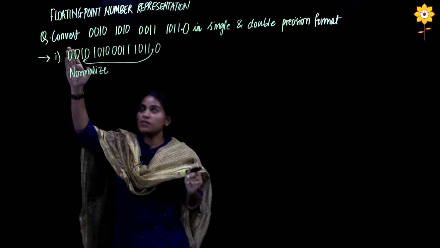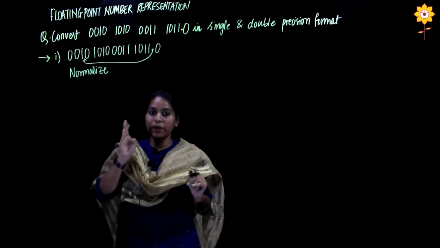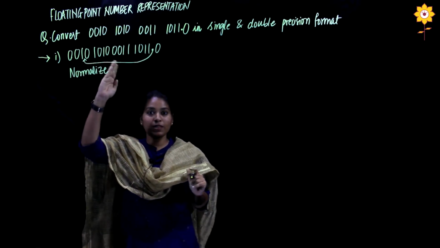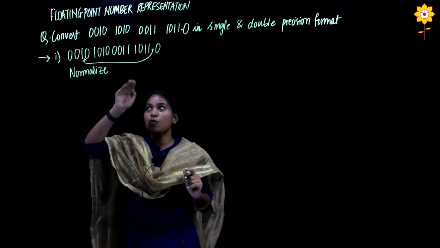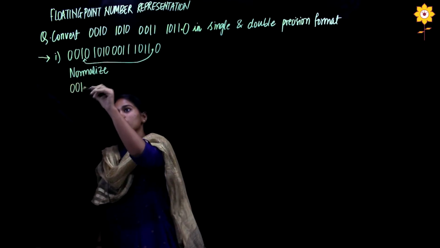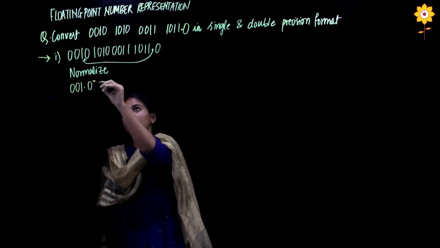We'll start from the MSB. We'll see where the very first 1 occurs. After that 1, we are going to place our decimal point. So this is the one which occurs very first from the MSB side. So we have placed our decimal point over here. So now this number becomes, or we can simply not write the zeros, we can start with the 1 also, doesn't matter.